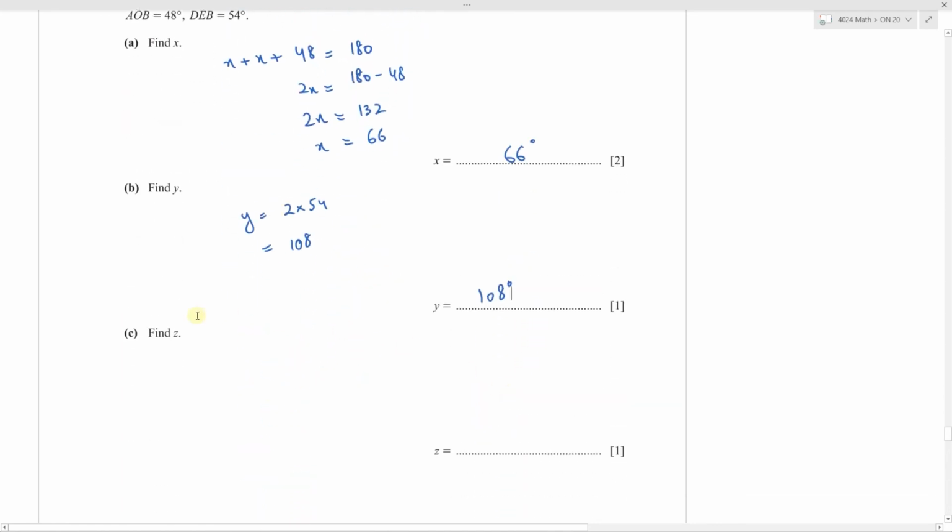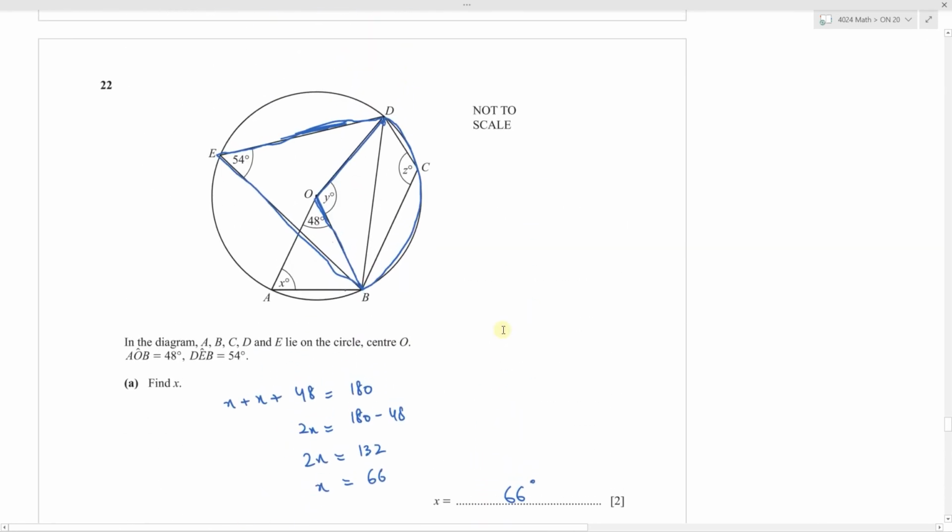Part C is find z. So let's look at our diagram once again. Now this is our angle z here. So if I now look at this quadrilateral B, C, D, and E,